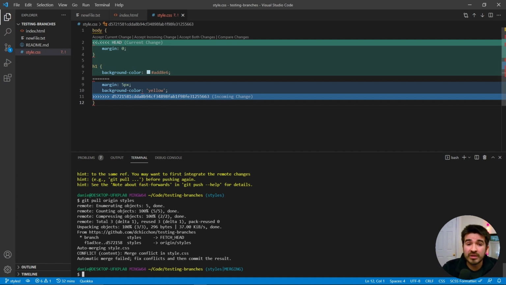You'll see here that there is this head and that there is this blue area. It says incoming change. So current change is what you just added to your project, and it's what you're trying to push to this styles branch. But incoming change is what David added. It is essentially all the changes that David added to the project, but it looks like his changes overwrote